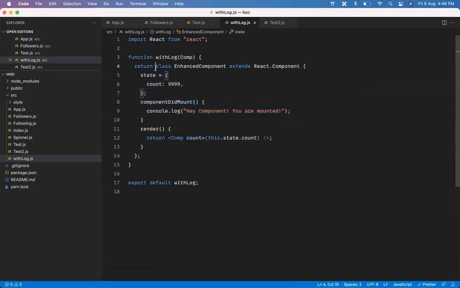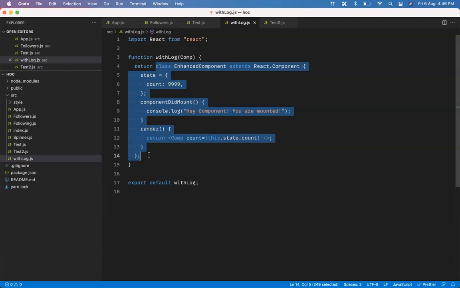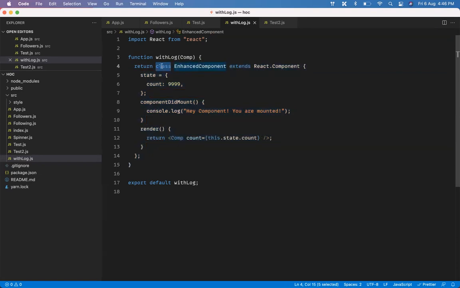How many of you are thinking, can you return a class component from a function? Is anybody thinking that? Or can anybody explain to me why I can return a class from a function? What if I ask you, explain it to me? Yeah, go ahead. Because this class is actually a function. Yeah, exactly. That's all. So the right hand side of return can be any kind of value. Class is a function. Because it is a function, you can just write it on the right hand side of return. That's all you are doing. Nothing serious, nothing genius. All good?